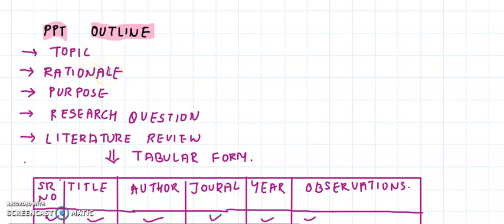Now, what is this rationale? It is basically a generalized idea or a reason for conducting the study. Okay, and this rationale basically focuses on a question: why are you doing this? Like, why are you trying to find this out? Why did you choose this thing? So this is how you will describe your rationale, which is a very generalized idea of why you're trying to do this research.